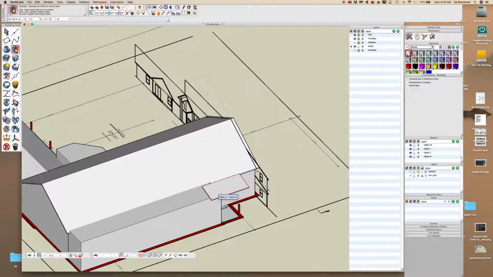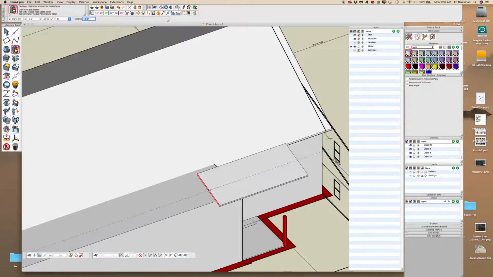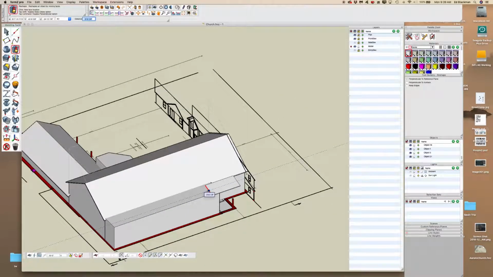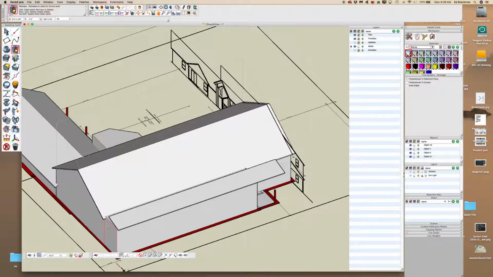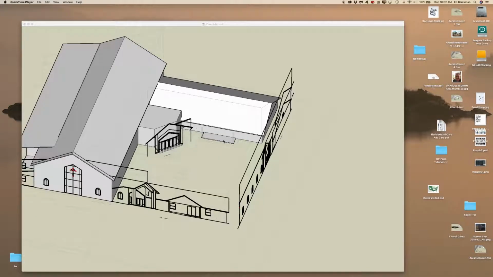Okay, now I'm going to zoom out. I'm going to get this other face. I'm going to have to zoom in to get it. Zoom out, and I'm going to come all the way down here, and I'm just going to put it on the corner, on that corner, so I know that it's right there. Now I want to come out 24 inches. Well, this is 24 inches too, so that's still selected. I can select that thing. I can come out here and hit the corner. Okay, so now let's